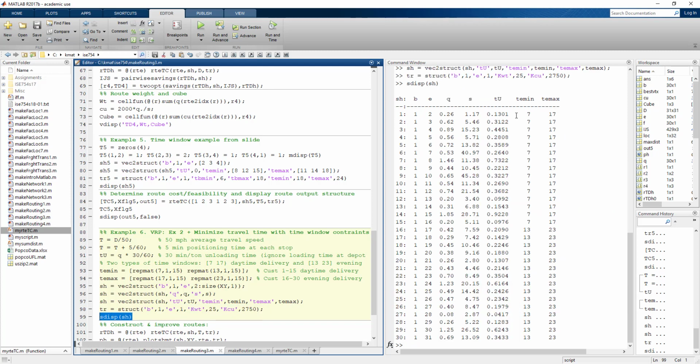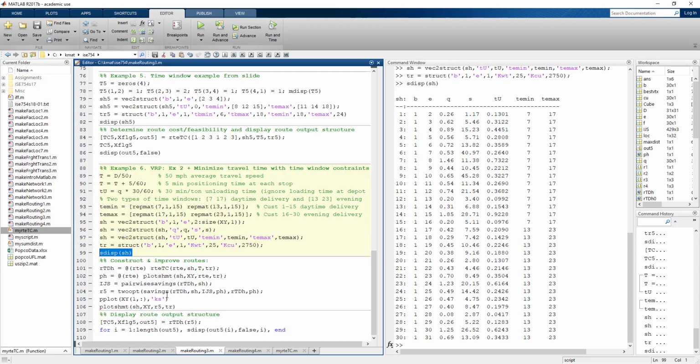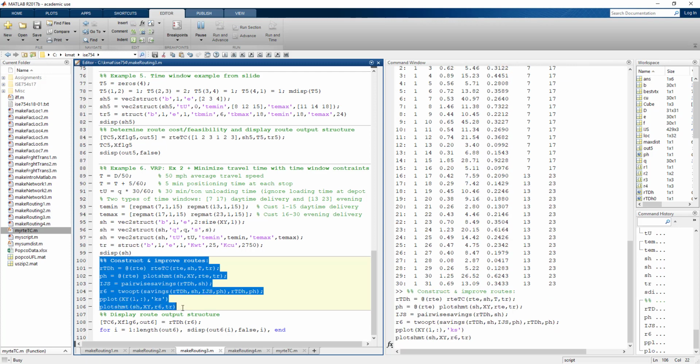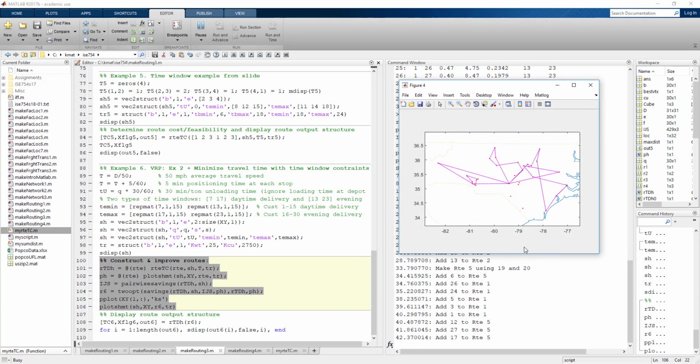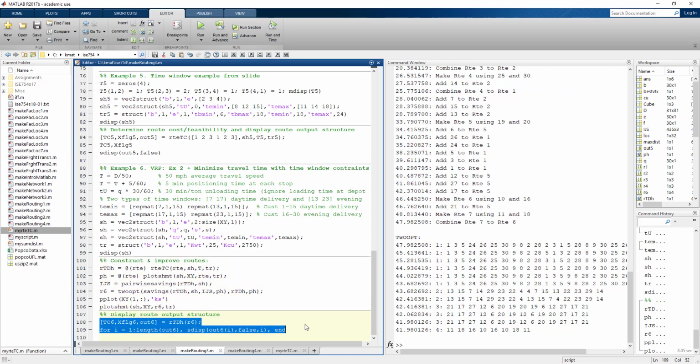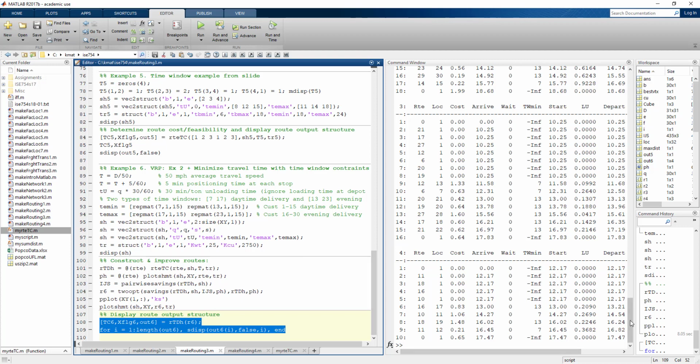This is now my expanded shipment structure, including this endpoint time delivery, since I'm doing a peddling type of routing where I have just deliveries at the customer endpoints. And then I can just execute the same code as previously to solve this problem, where the shipment and truck information is encoded into the handles and then applied to the savings and 2-opt procedure. And now, because of the time window, I have a total of 4 routes. I can then display the detailed information about the 4 routes,